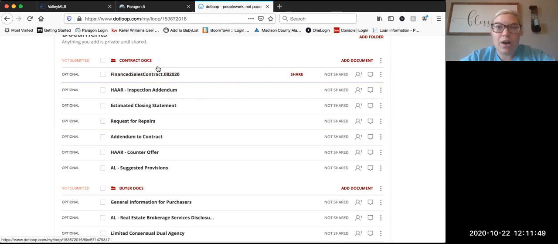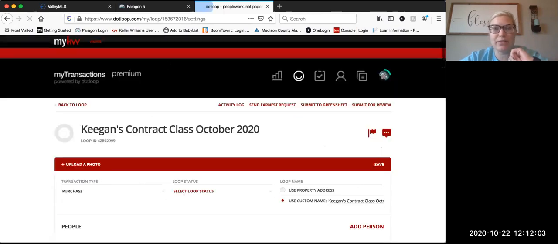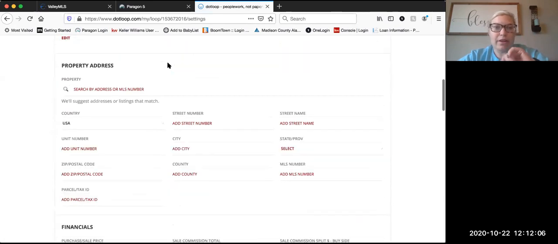Okay. All right. So one thing to note, this is just a little trick on .loop. If you go up here where it says view details and you click view details, you scroll down, you can add all of the property information in there. I am going to go ahead and add a property address that I just clicked active a couple minutes ago, and it's on Freedom Way in Madison. So I'm just going to type the number and the street name, the city,